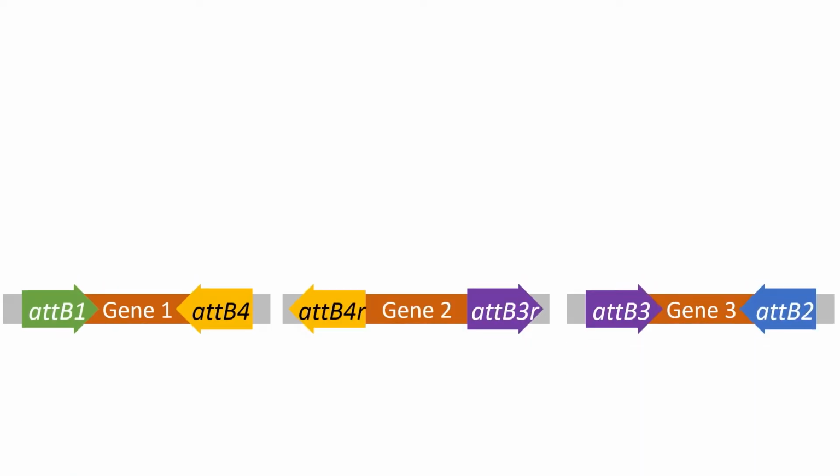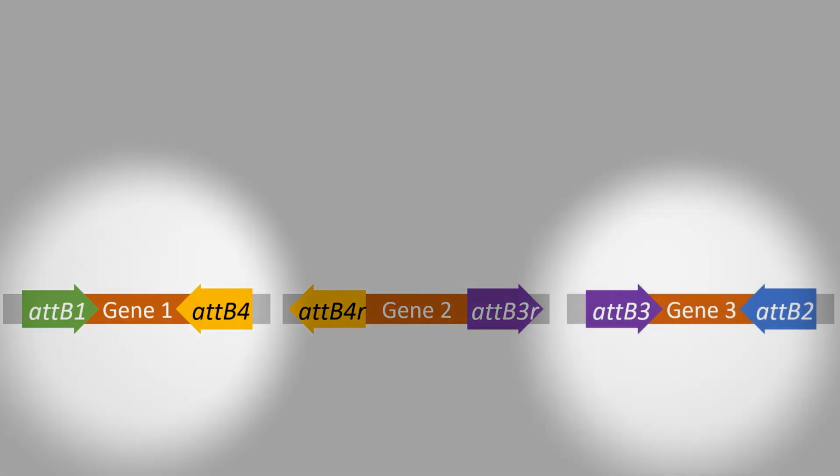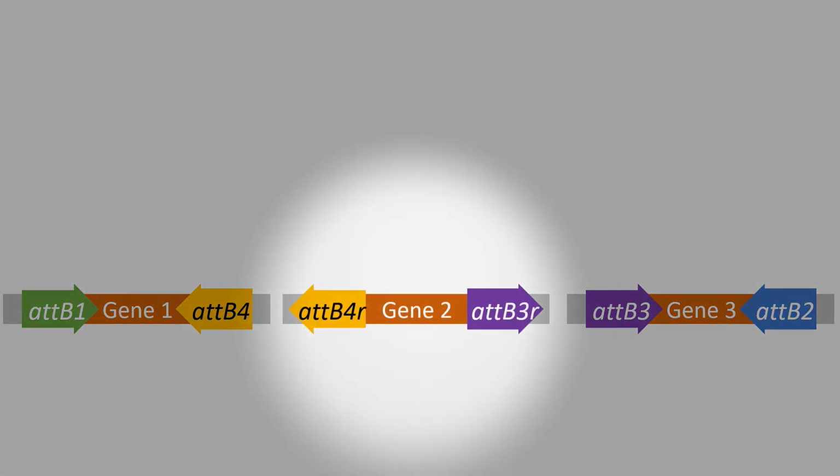As with standard gateway cloning, the first step starts with the BP reaction. In this case, you create multiple DNA fragments of interest containing flanking ATB sites. The ATB sites on each DNA fragment must be oriented correctly and compatible with adjacent inserts. For example, in a 3-fragment multi-site gateway cloning experiment, the first and third DNA fragments should contain ATB sites oriented inwards. The middle fragment should have ATB sites that are oriented outwards.